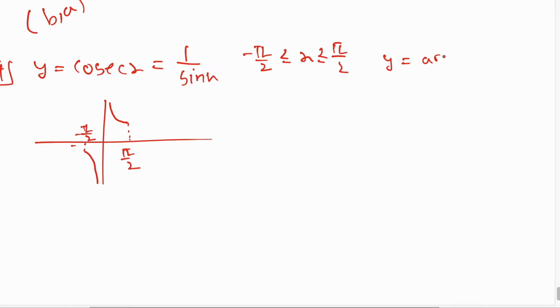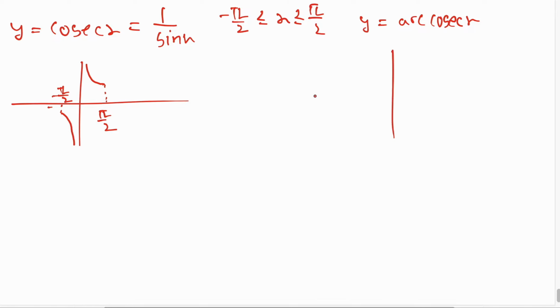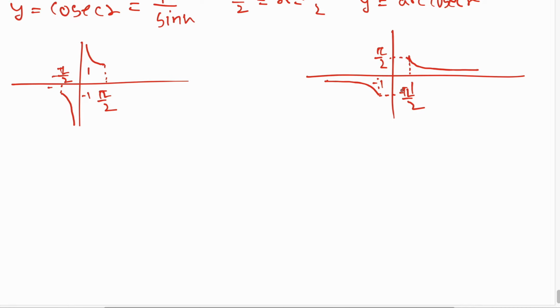Okay, y equals to arc cosec x. The range would be 1 to -1. Similarly, it would be like this way. This point is 1 and this is -1, and this will be 1, this would be -1. Then it would be pi by 2 and minus pi by 2. Just the y coordinate and x coordinate will reverse. Then 5,